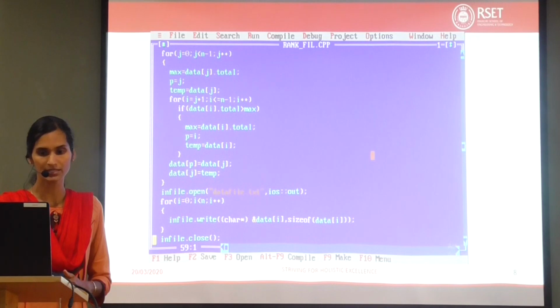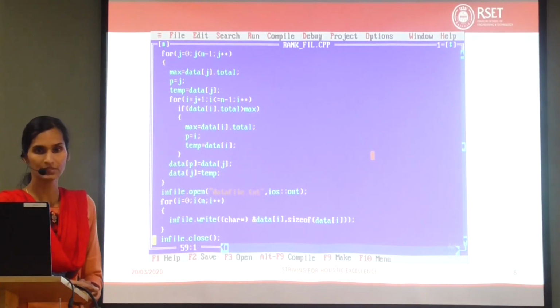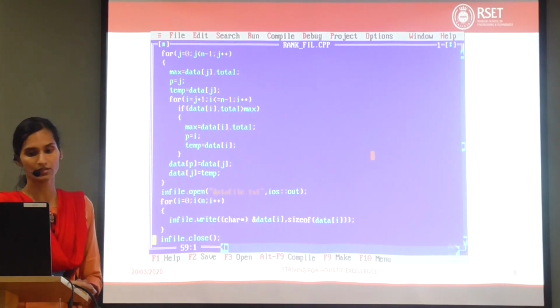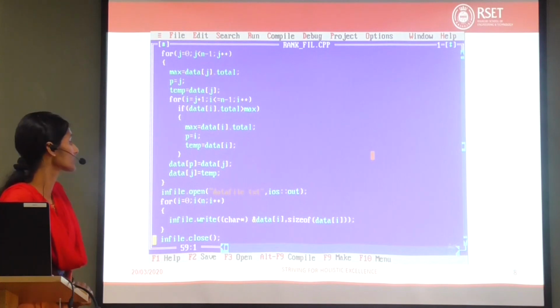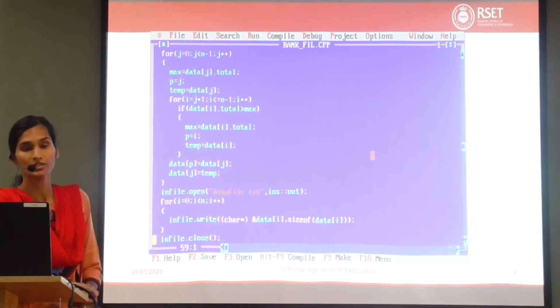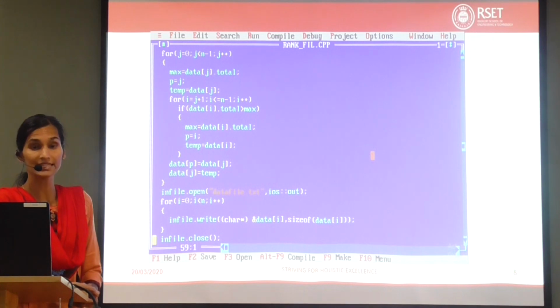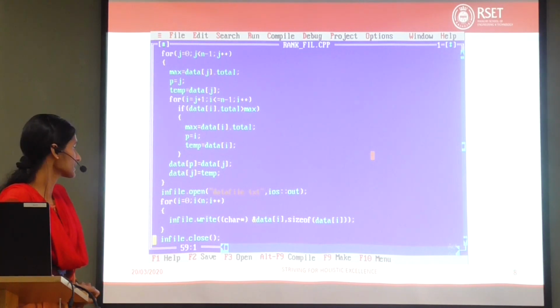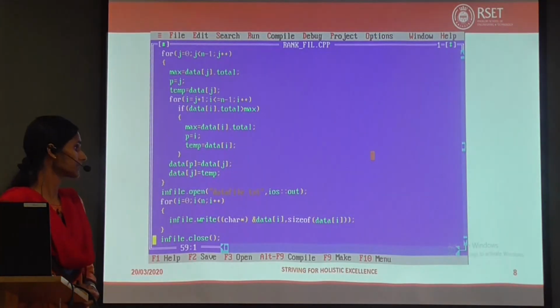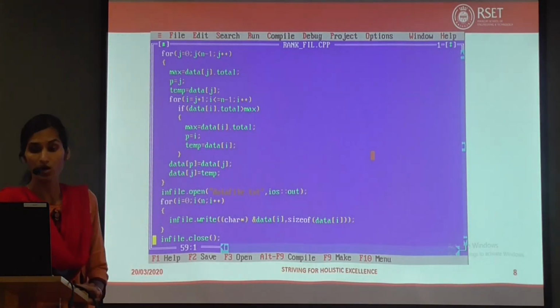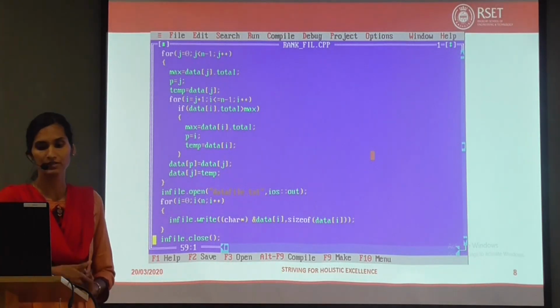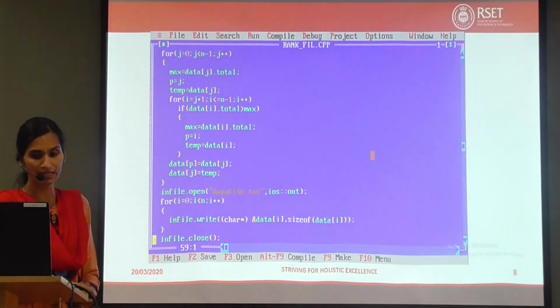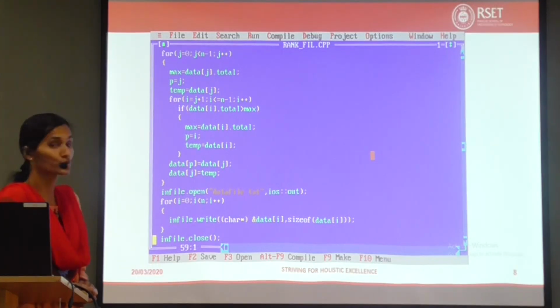Now based on these marks there is a sorting taking place so that you can get the rank list. Now after the sorting is finished, you can see it is written into a data file, a .txt file. So this is the external file name of that file, which is data file.txt, and it is used for writing, and hence you can see it is outfile.open data file.txt ios::out. Now once we have opened that file, the way to write it, as we have seen before using the syntax, is